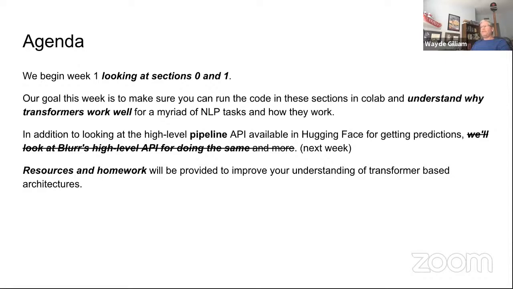And so we're going to look at their high-level API, which is the pipeline API. And we'll see how we can actually just start using models in Hugging Face within a few lines of code with raw text to get predictions for a variety of tasks. And then next week, we'll actually spend some time looking at Blurr's high-level API. And I cross it out because it's actually more for training than just inference, whereas the pipeline API,